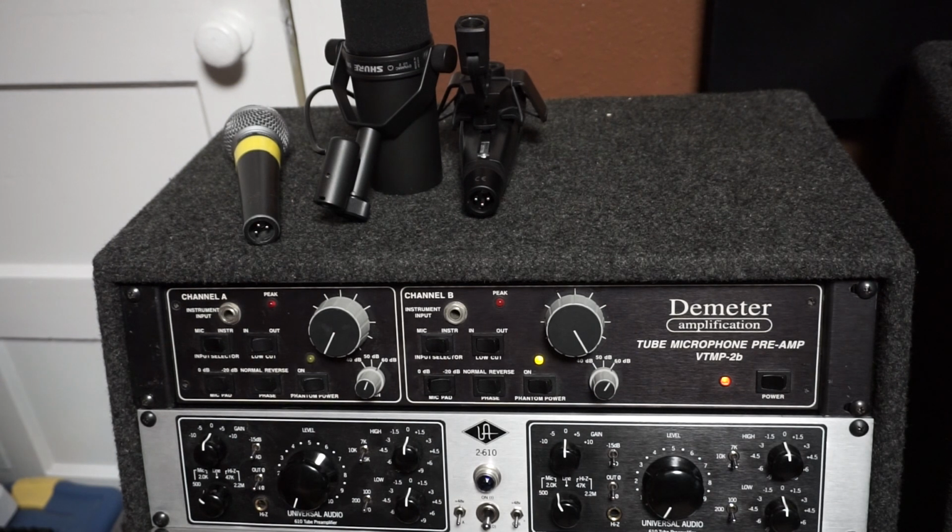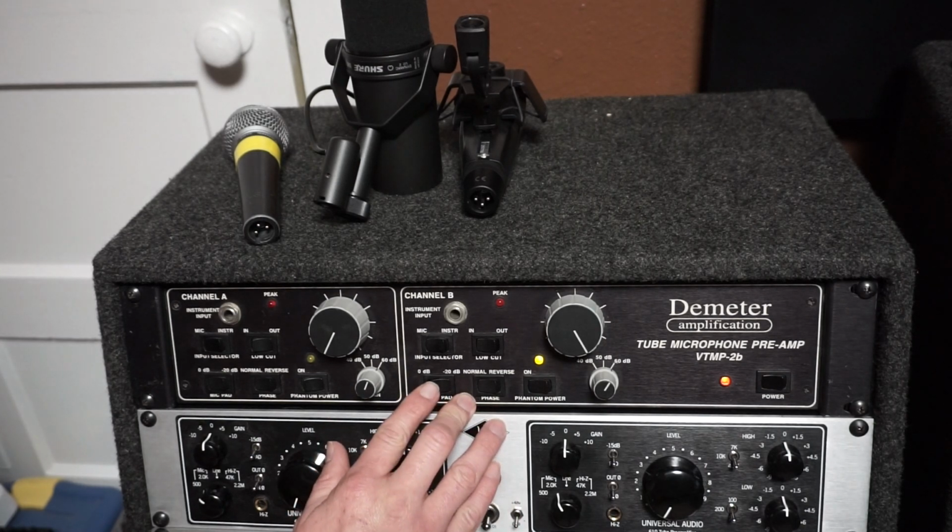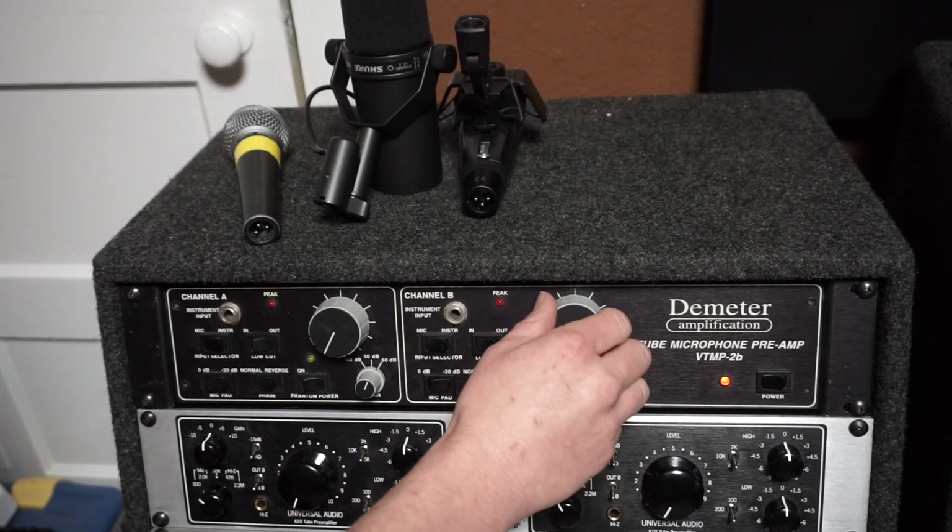Like I was thinking about it, that may be something to, maybe if I used a condenser on a guitar cab, I can clip this and maybe get a different sound from it. Maybe I'll like it. I haven't actually done that yet, but it'd be something I'd experiment with in the future. So I'm going to turn this